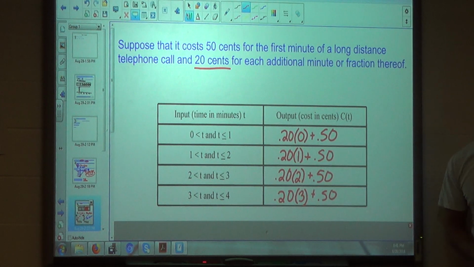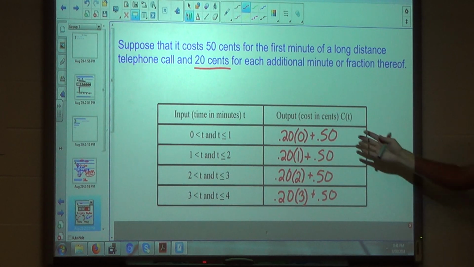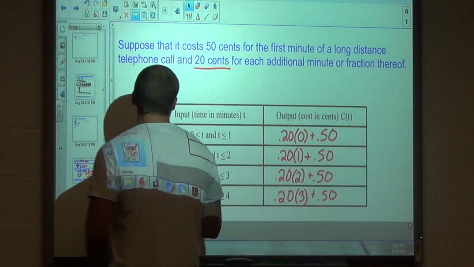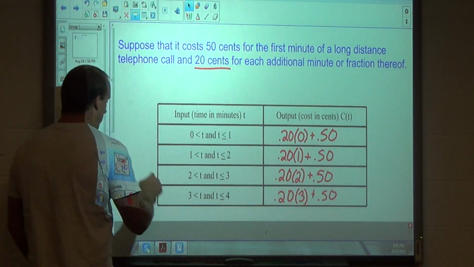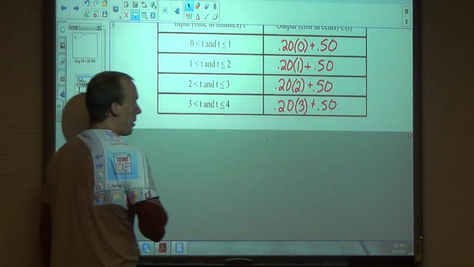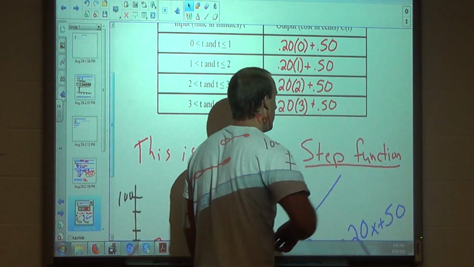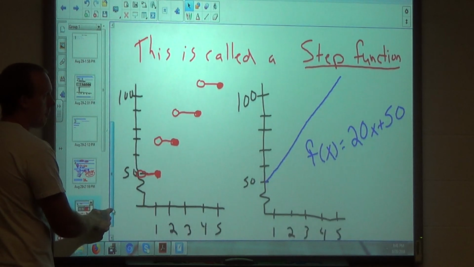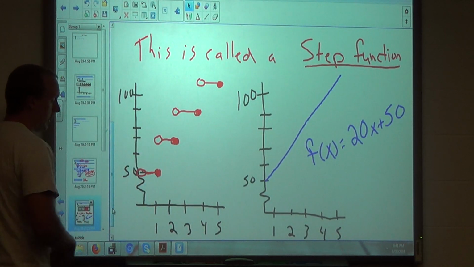You can see a pattern right here. There's a function that I could write from this. Okay? And it actually has an equation if I wanted to find it. Okay? Now, if we think about this, I'll come back to the function part. Okay, this right here, this example, is called a step function, and that's this red part over here because if